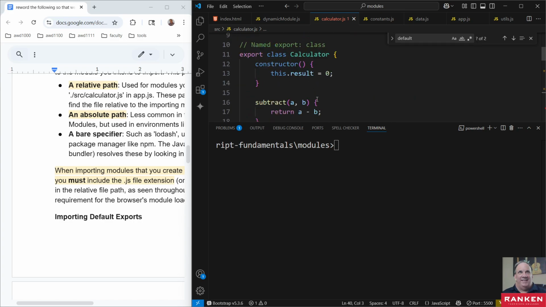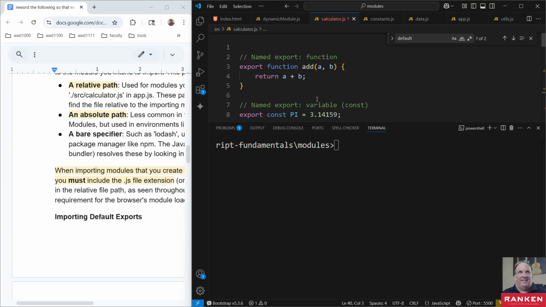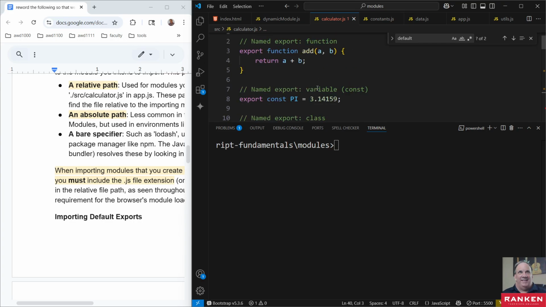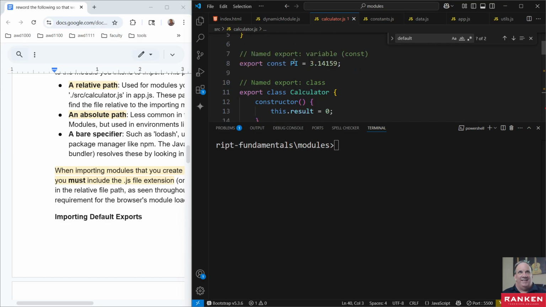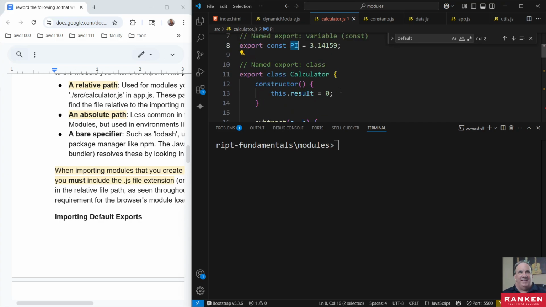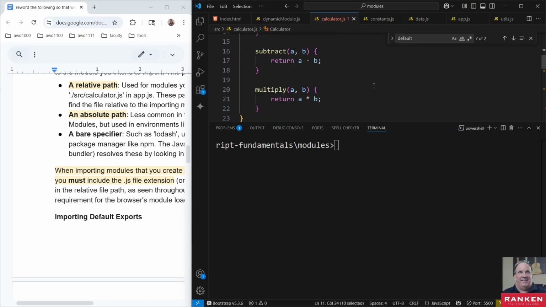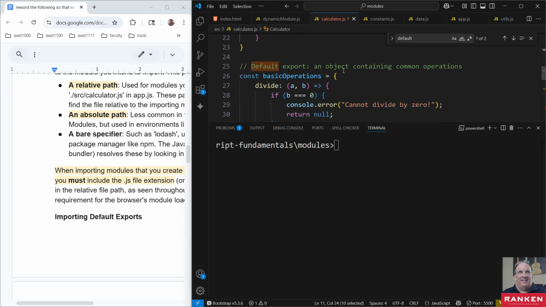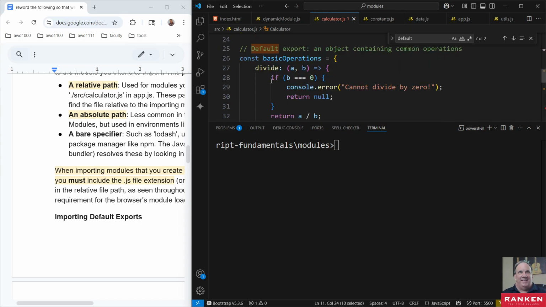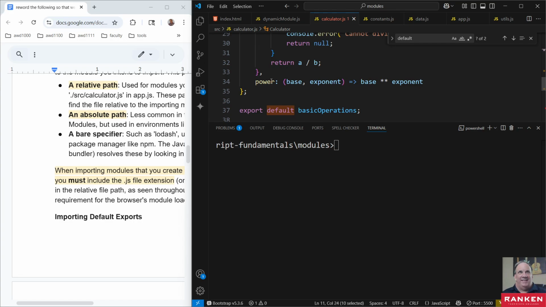And then we have these other exports of add, right? We're just exporting a variable here of pi. We're exporting this calculator function, and then we're also exporting this